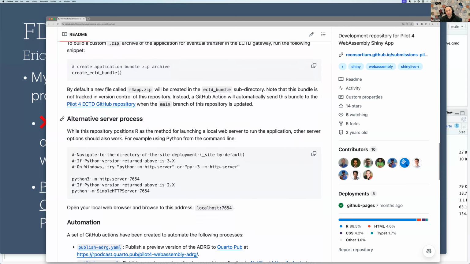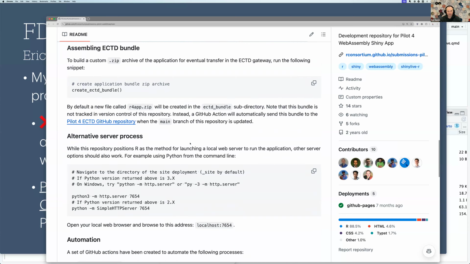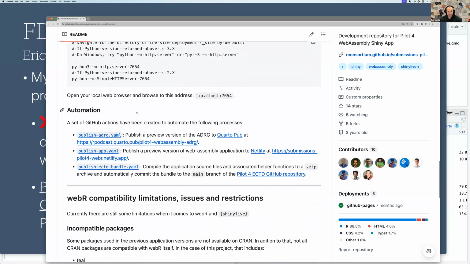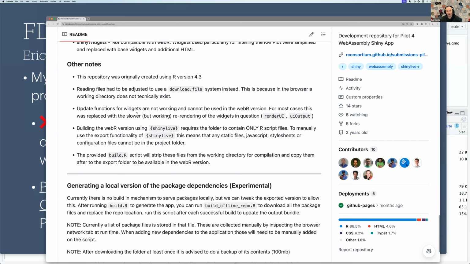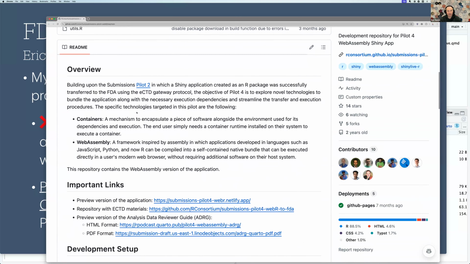And lo and behold, once we assembled the right bundle to meet the transfer requirements, it is now currently in review. We are hoping to get positive feedback in the coming months, but they have been very excited about this approach, and we think it can open the door for perhaps even more domain-specific applications that may not replace a clinical submission entirely, but can serve as a great companion piece to showing dynamic web-based results where a traditional, say, R Markdown HTML output may not be able to get you all the way there.